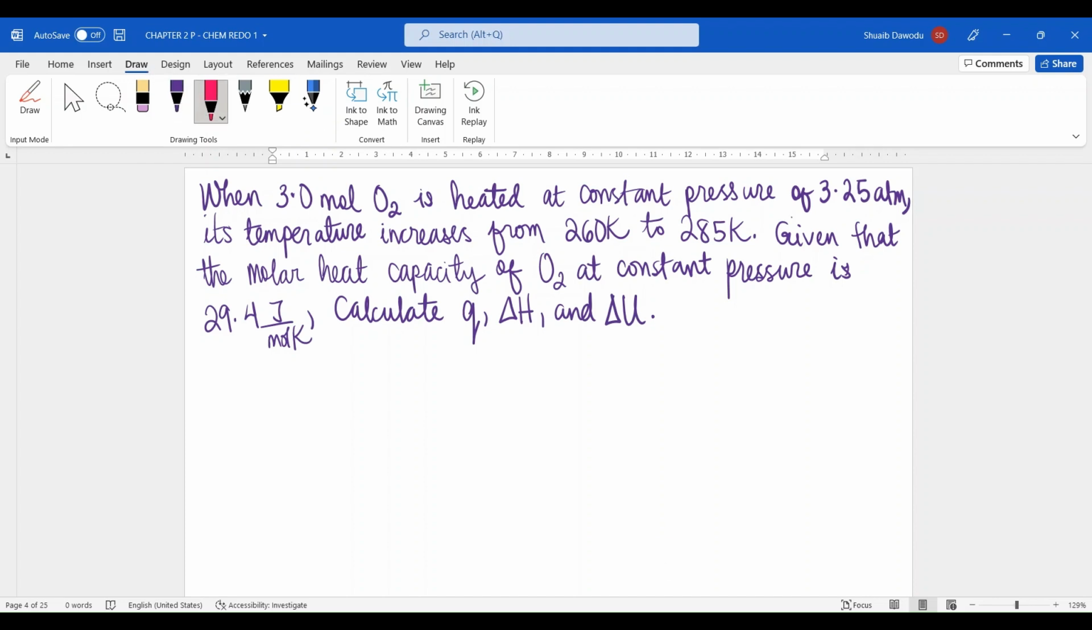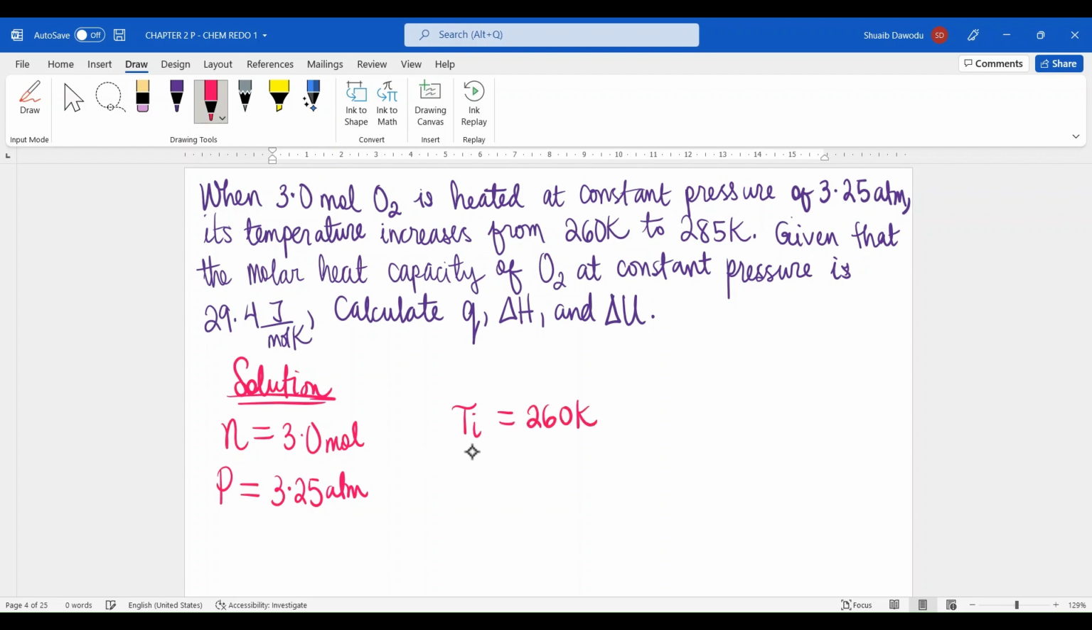So in this particular question, we're asked to calculate a whole bunch of stuff. We're given numerical values, and anytime you have a science-based question, you're supposed to write all of the numerical values that you're given. So the number of moles is just 3.0 mole, and then you have a constant pressure of 3.25 atmosphere, and then you have a temperature increase from 260 Kelvin to a final temperature of